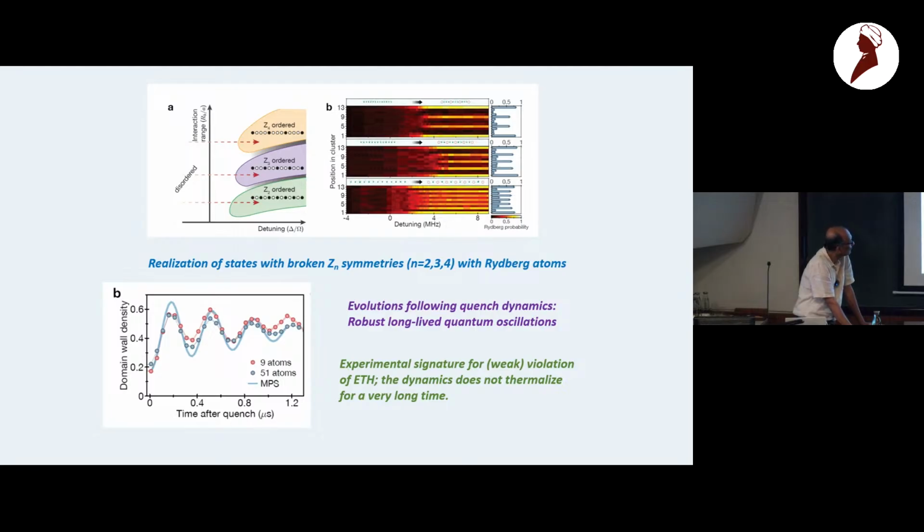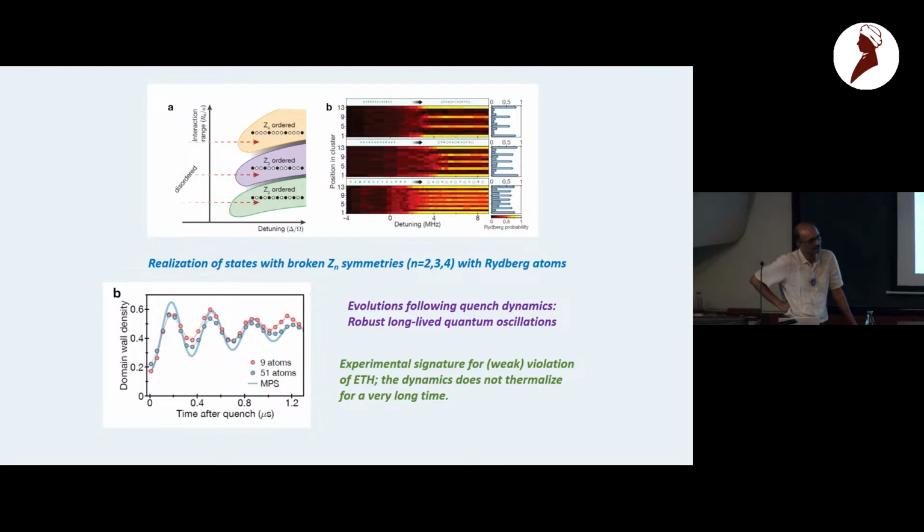So it's not only absorption, you can also have fluorescence imaging. I think this one is fluorescence imaging. Absorption is the most appropriate when you have a large number of atoms with very high density. Then you have significant absorption of the beam, and then you can image that absorption on a camera with very good signal to noise ratio. But this one is fluorescence. When you have a very small number of atoms, absorption will give almost no signal because a single atom does not have any absorption. So it's mostly the fluorescence.